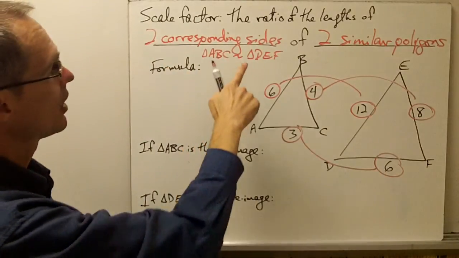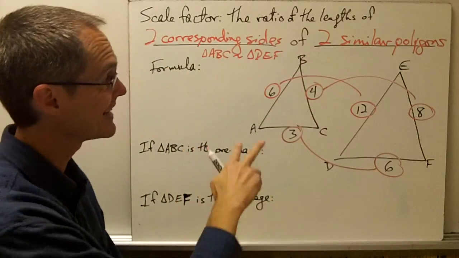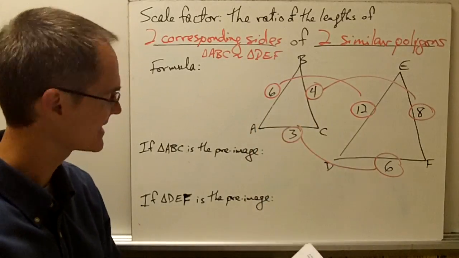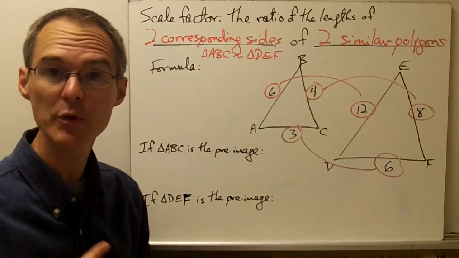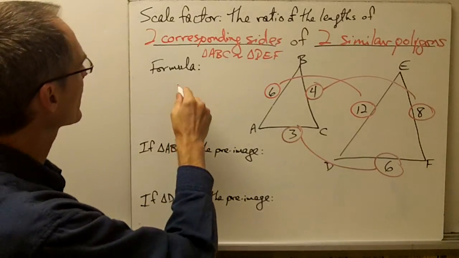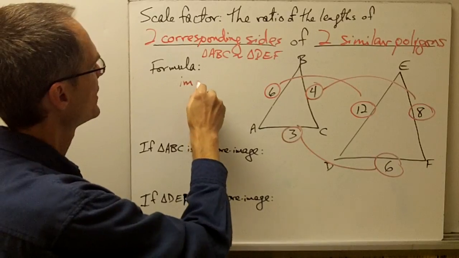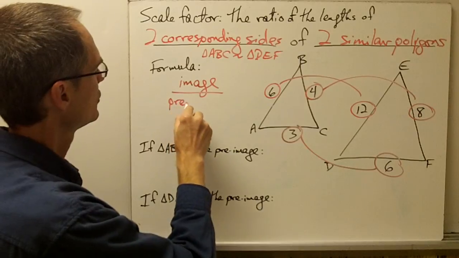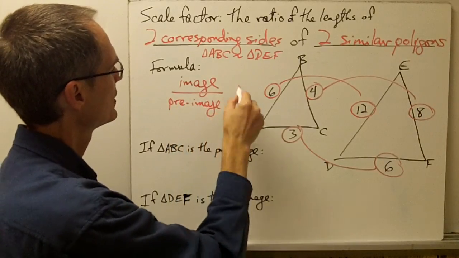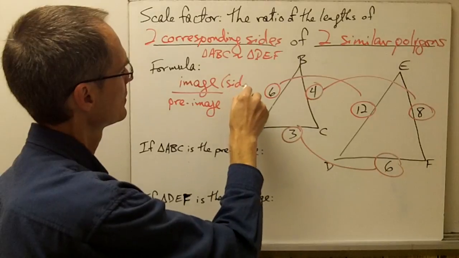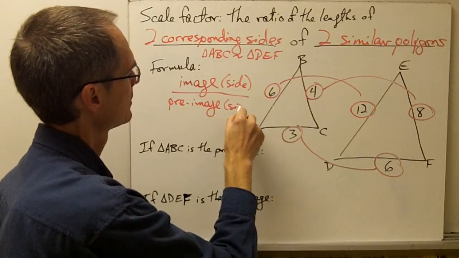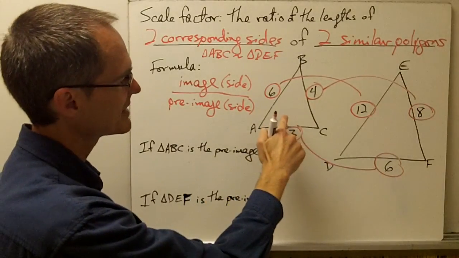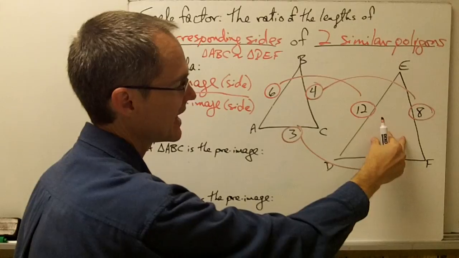And this scale factor, all we have to do is set up a ratio between the lengths of any of these pairs of corresponding sides, and we're going to get this thing called a scale factor. Now notice the formula that we use to come up with the scale factor. You always want the ratio of an image side to a pre-image side. Let's say image side